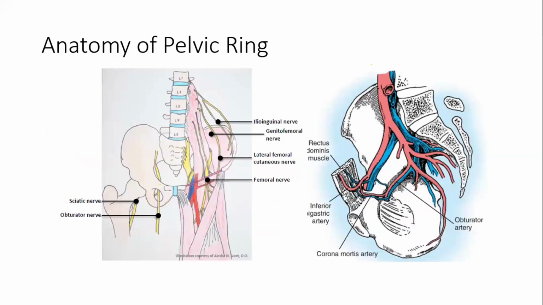Are you getting me? Yes. So the most important thing here, which we have to understand, is the bifurcation of the common iliac artery into external iliac and internal iliac. So our main aim is at the internal iliac, which is divided into anterior